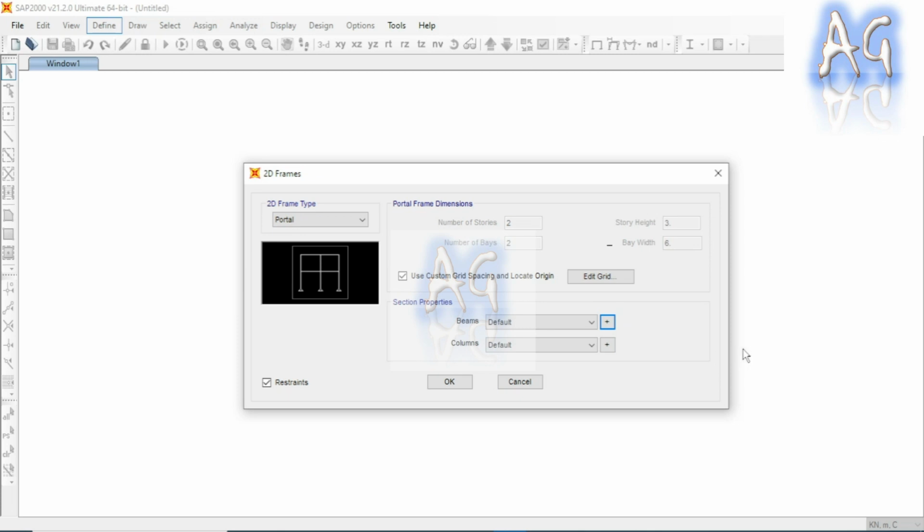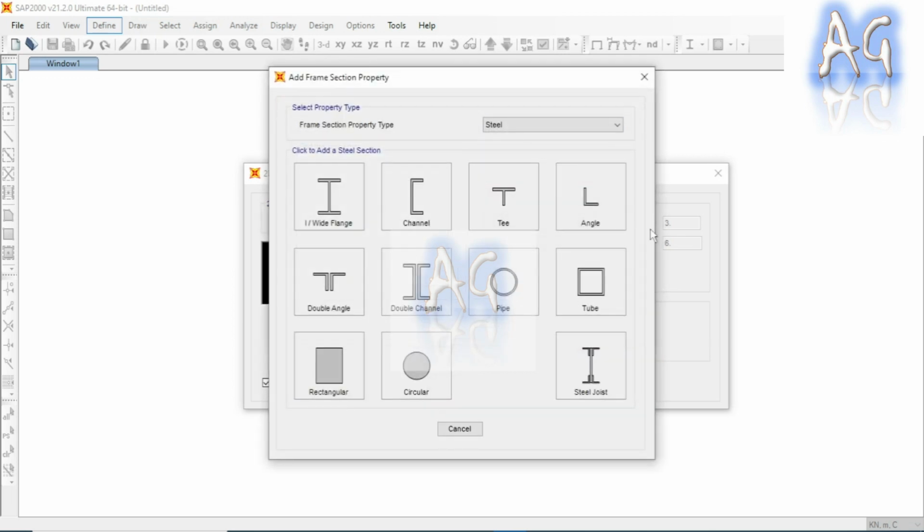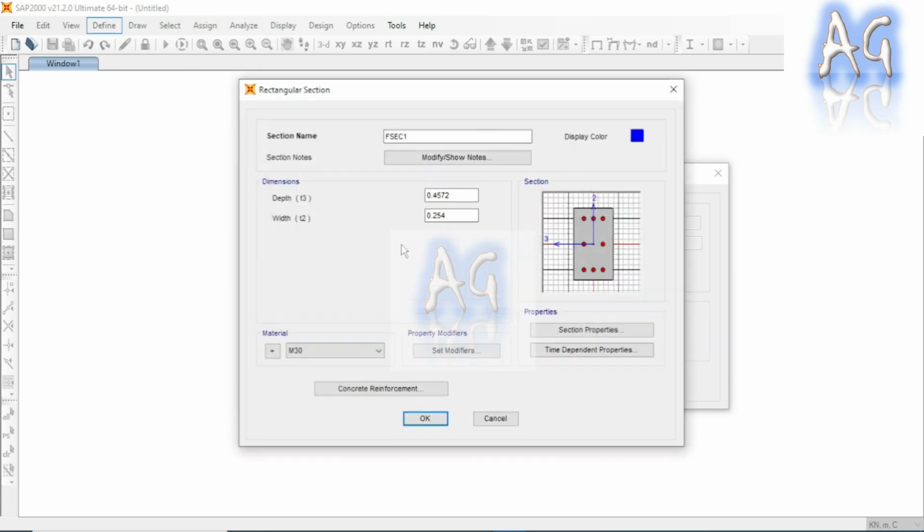By default, here default section is selected for beam and column member. Suppose in our 2D model, we are going to provide rectangular concrete section as a beam and column member. To add rectangular concrete section, you have to click on this add button, then click on add new property. Here select the type of section. Here it is concrete section, so select concrete from this drop down, and then click on this rectangular section, and